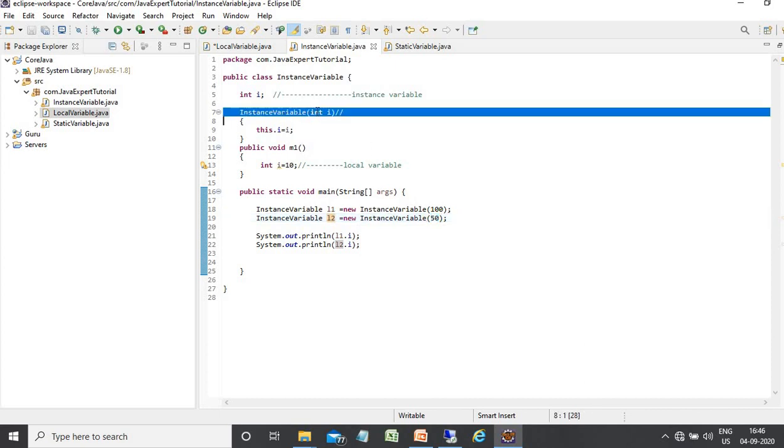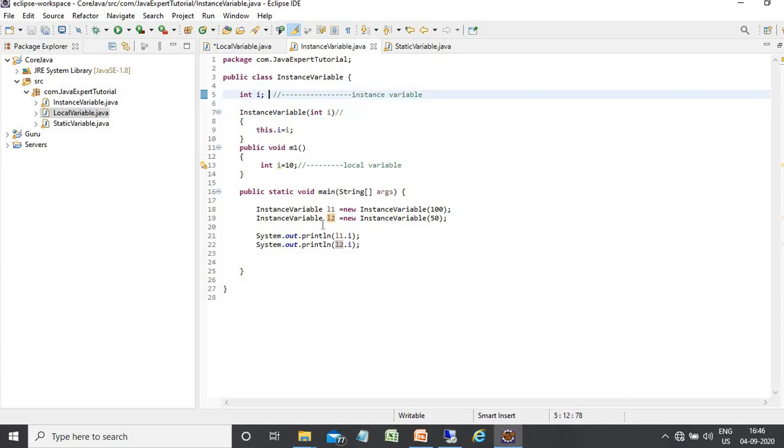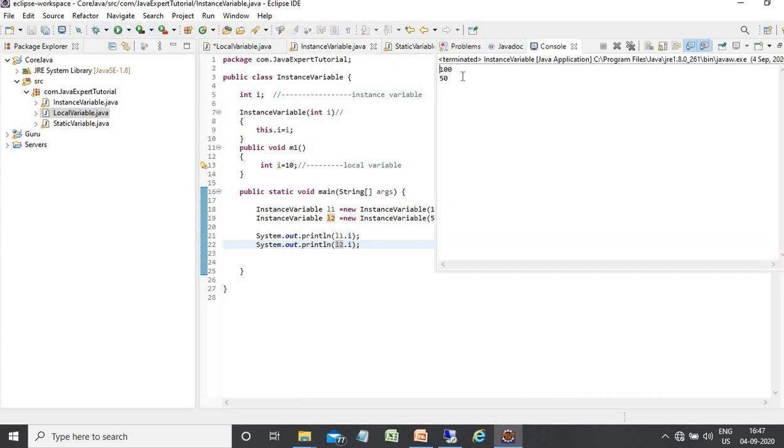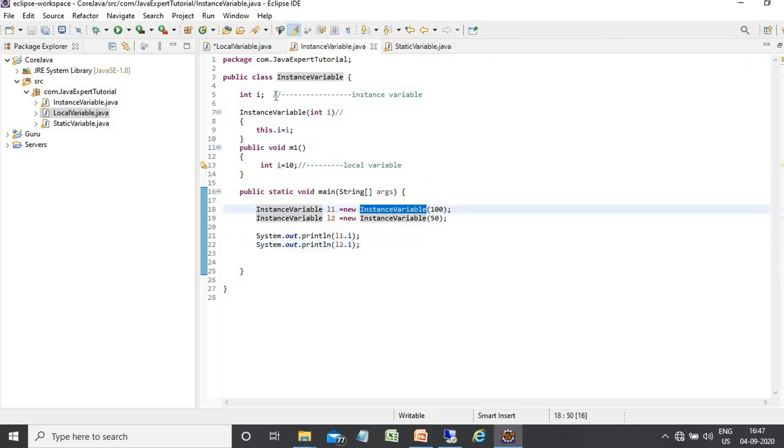So the constructor will initialize the instance variable i with value 50. After that, when I try to print the value of i with the help of reference variables L1 and L2, the output will be like this: 100 and 50. That means instance variable does not share among objects. Objects are instances, both are not the same.